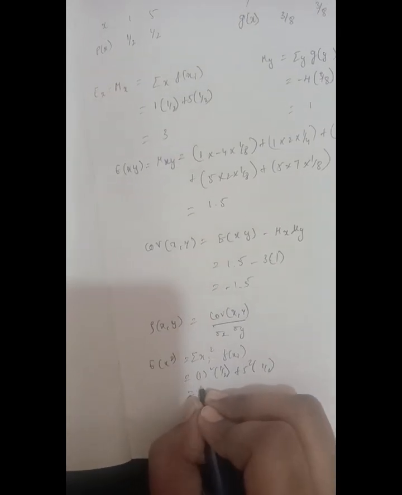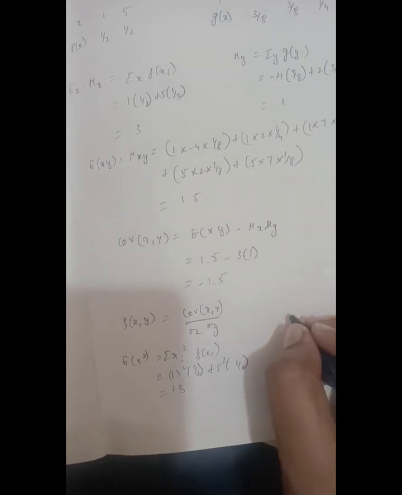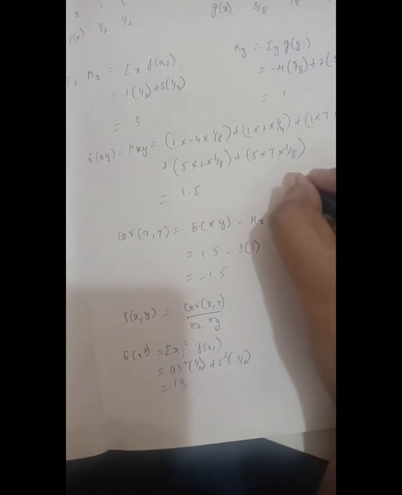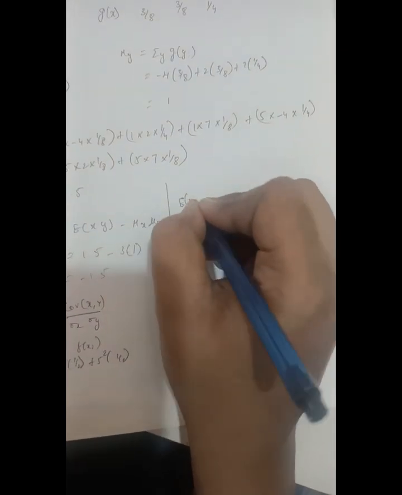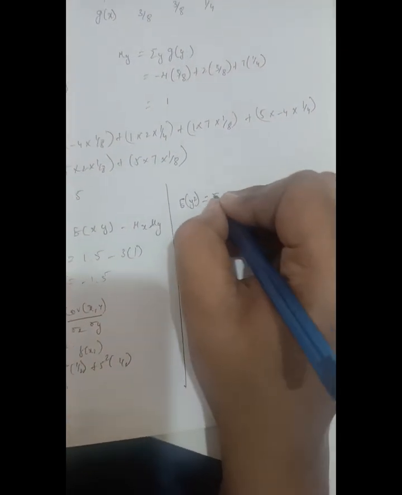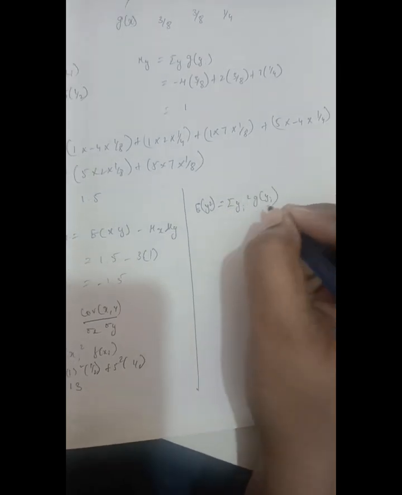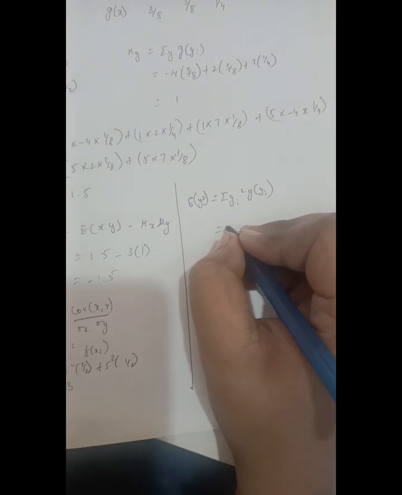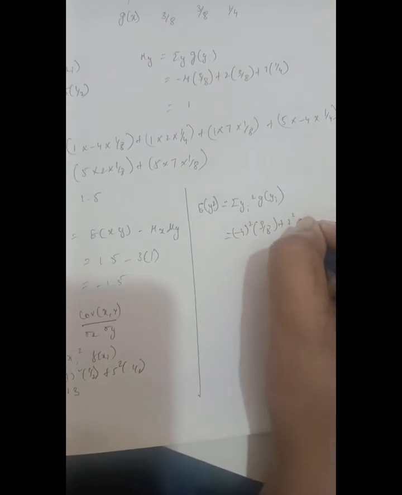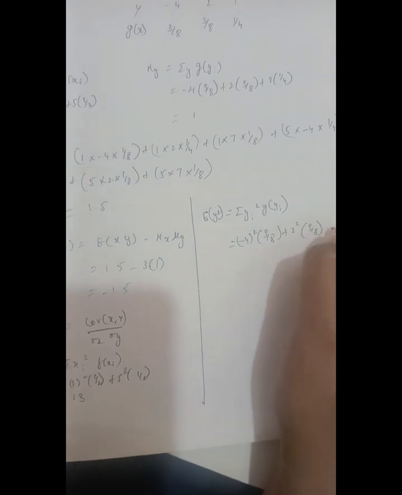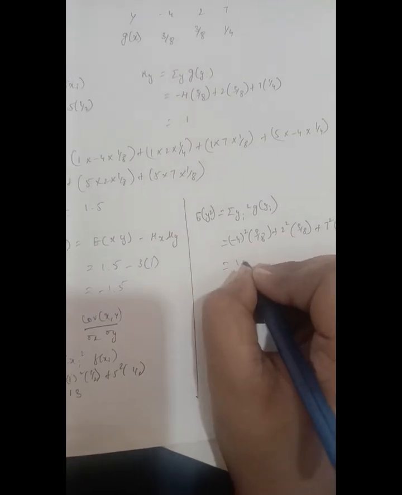Simplifying, we get 13. E of y square is equal to summation yi square g of yi, which is minus 4 whole square into 3 by 8 plus 2 square into 3 by 8 plus 7 square into 1 by 4. Simplifying, we get